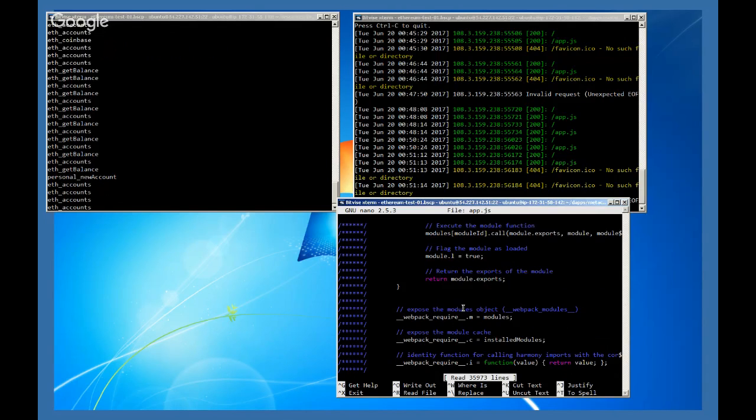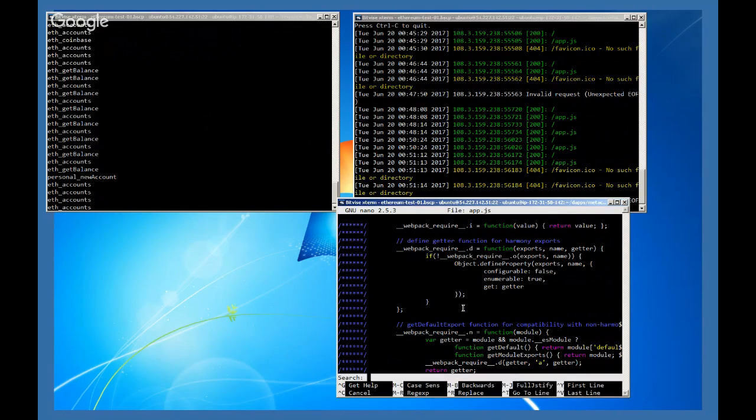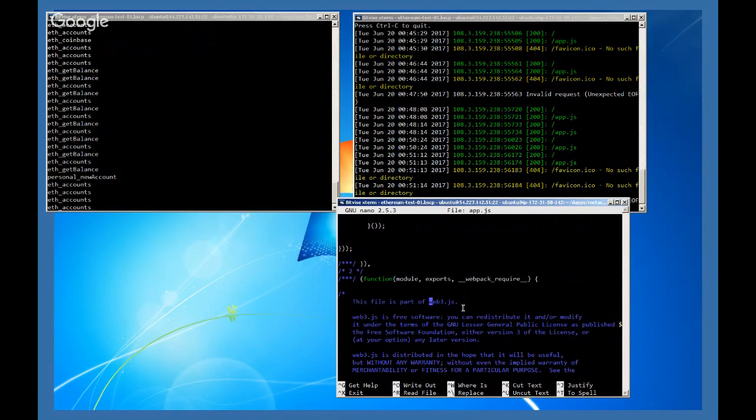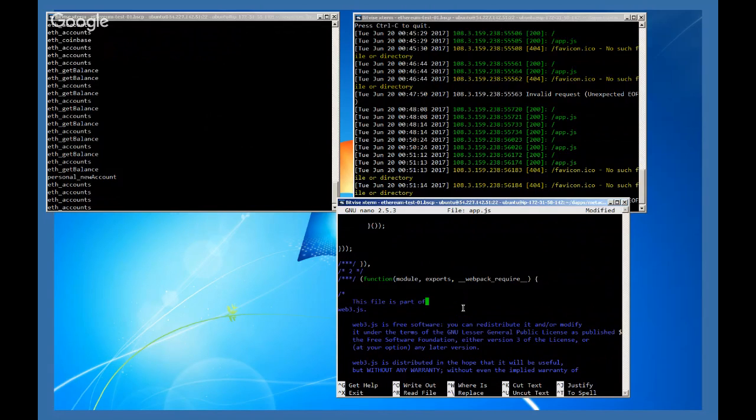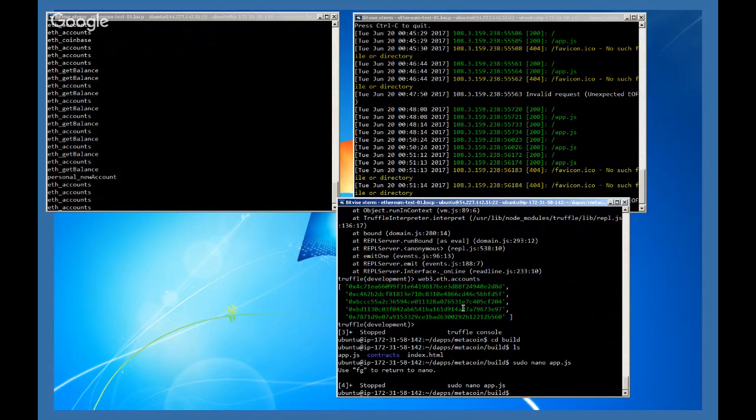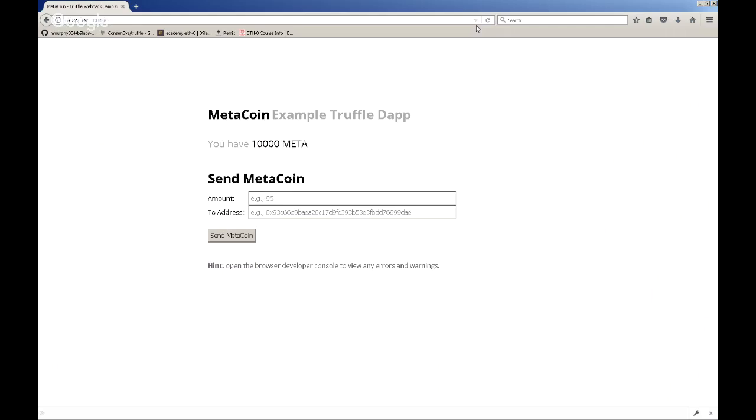let me see if I can find. Let me do it. Control W on Web3. So Web3 is in this file. Oops, Control Z. So I'm going to get out. What I want to point out is the same toolkit we're using in Truffle console, we're using in the browser. So when I go to my browser, and I do not use Firefox ever,